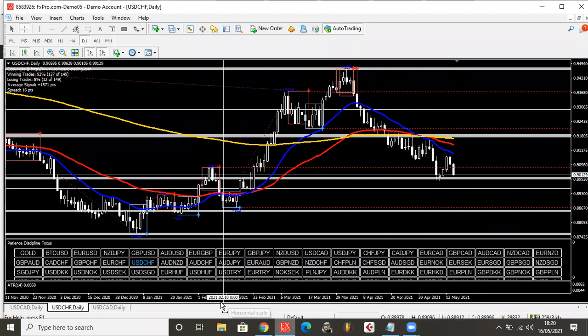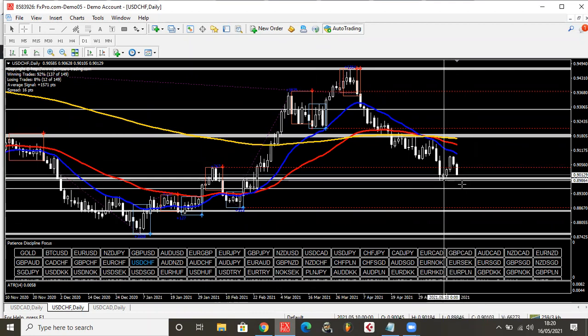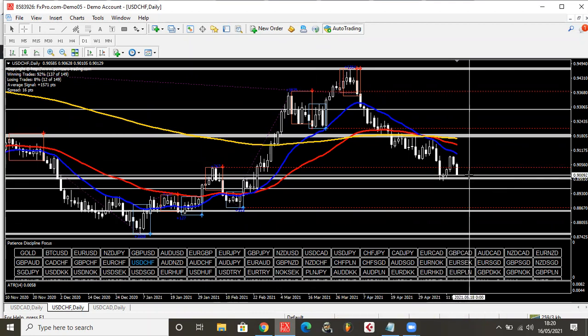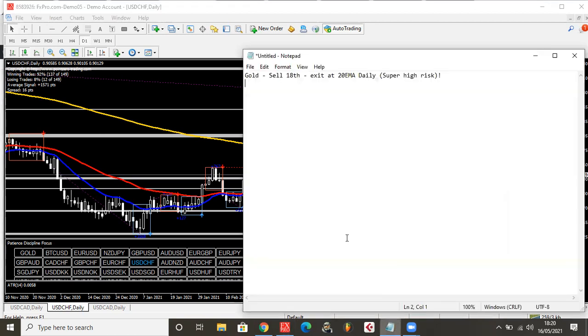So with this one, for example, I can see that happening. We can see there's a support level right here. Price is most likely going to come here and then kick back to the upside. So we're going to probably see price touch the support region right here and go back up.